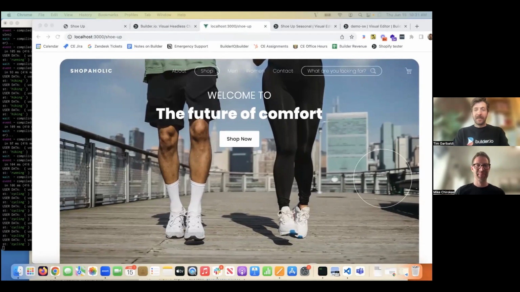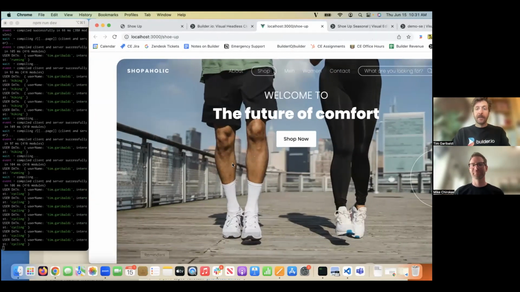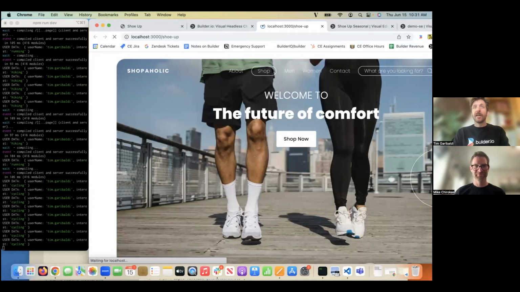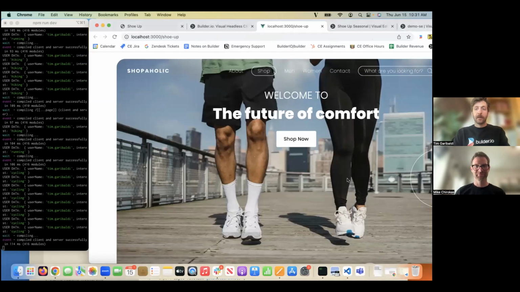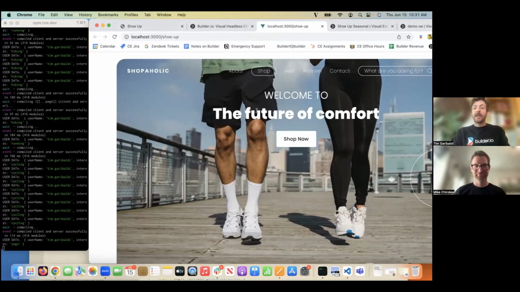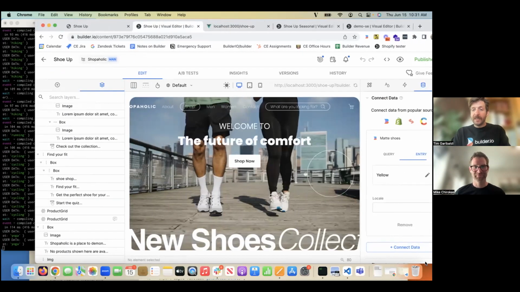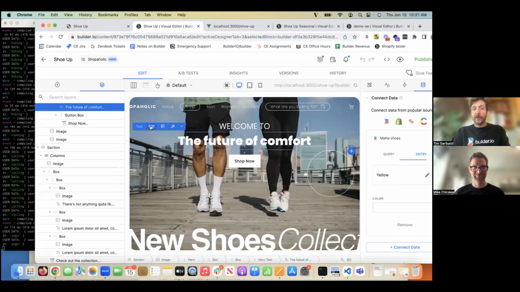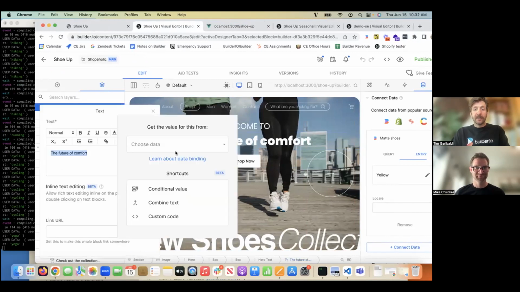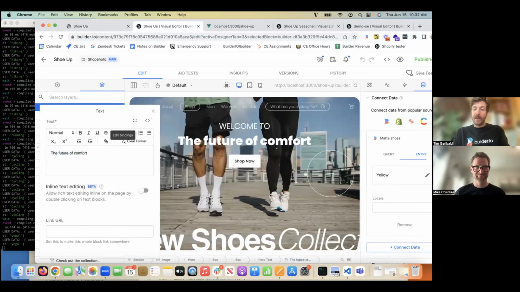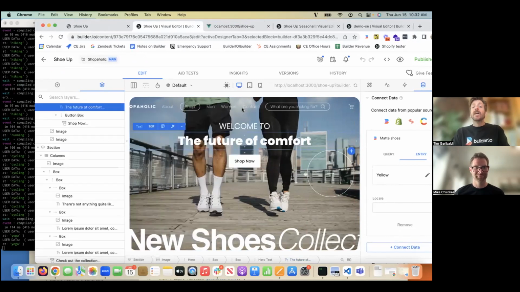So now if I change that user interest to cycling, we don't have a page for it. They're still getting content. If we change it to yoga. Cool. And again, you can still personalize because we're passing that data in. So if we personalize this text to have the user interest in it,